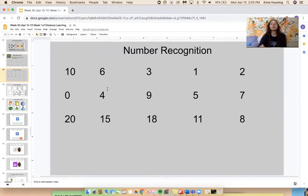Okay, now we are going to do number recognition. All right, let's go through this class and make sure you say the numbers loud and proud so I know you know what number is which. Okay, here we go. Ready? 10, 6, 3, 1, loud and proud, 2, everybody, 0, 4, very good, keep it up,